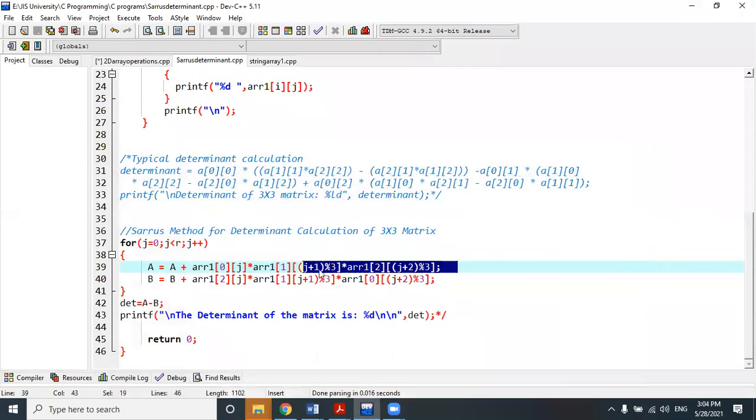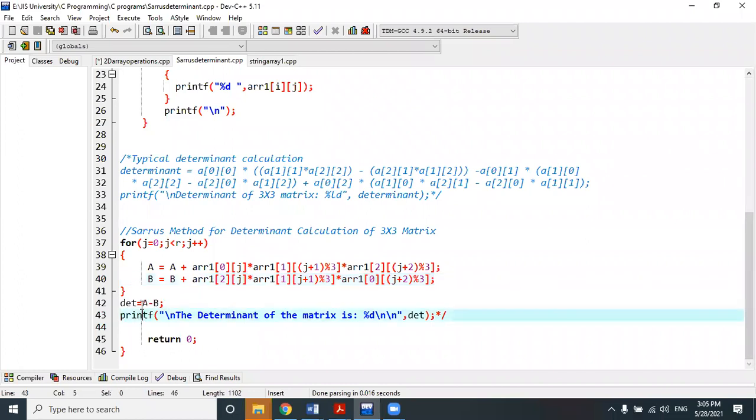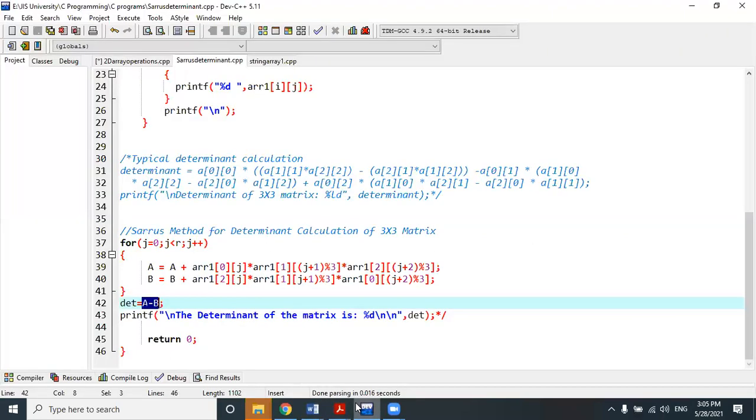Did you understand? Here I have applied the mod 3 operation to make the value of j always bounded to less than 3. So the value of j does not go beyond 2; it is always 0, 1, 2 because I bounded it with mod 3, so it always varies between 0, 1, 2. In a similar way, we will calculate the b value. I think you can calculate the b value by yourself, and then we will do the subtraction between these two variables a and b, just like the example we have done here.